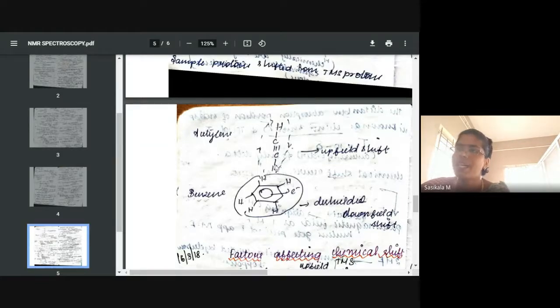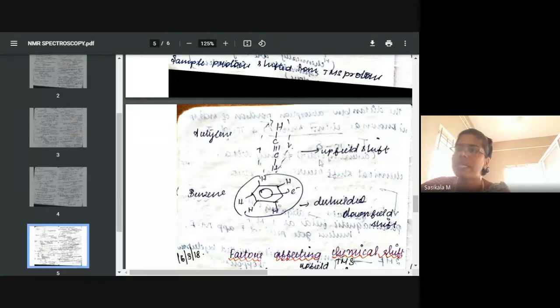This is the spatial arrangement of atoms, the stereochemical formula of acetylene, where the electrons are present here, and they will be creating a magnetic field. So it will be creating a magnetic field in the same direction as the protons. Protons also create a primary magnetic field. So the secondary and primary magnetic fields are in the same direction. Hence the proton falls inside the secondary magnetic field, so it requires higher energy to overcome the diamagnetic field. Hence acetylene will be shifted towards upfield shift.